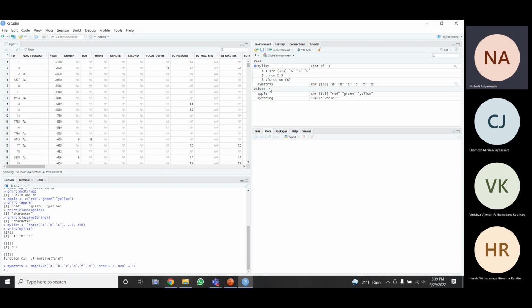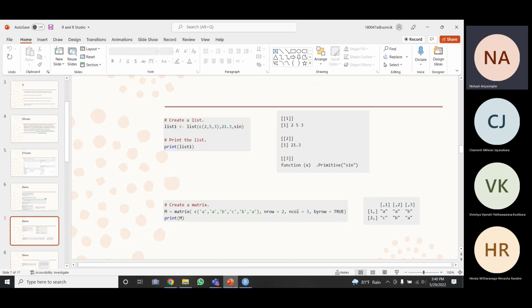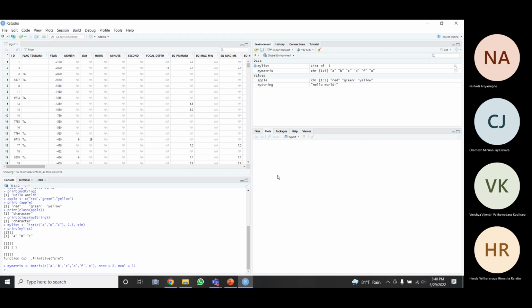You can see my matrix is created. There are 6 values. You can see these are the values, right? You can print.